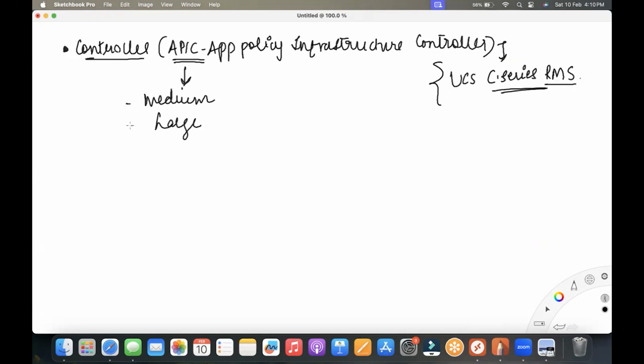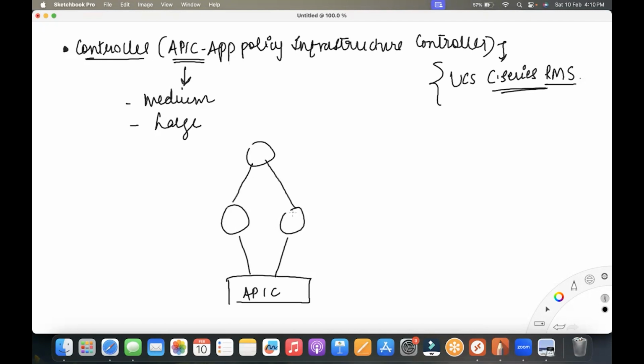What is this medium variant and large variant? So, your controller will be connected to the switches, how they're connected, what cable is used. Don't worry about that. I will talk about the connectivity, okay? I have some switches over here like this. I've just taken two leaves and this is one spine. Okay. Now, when you're buying an APIC, right? Like I told you, medium and large variant. How do you know which variant it is that you should be choosing? This depends on the number of